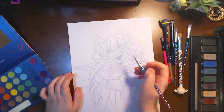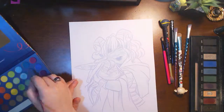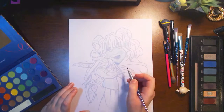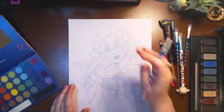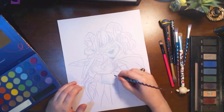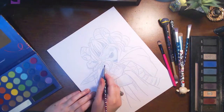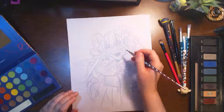And that brush right there, I think that's supposed to be like a liner brush. I don't use gel liners, so I think that's for gel liner, but I don't really use that brush that often, or at all, which is why I decided to use it for this. But it actually ended up being like the MVP brush of this whole entire thing. That got the most pigment onto the paper. It was amazing. It was so much fun,